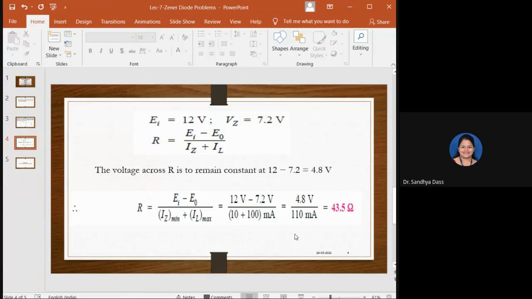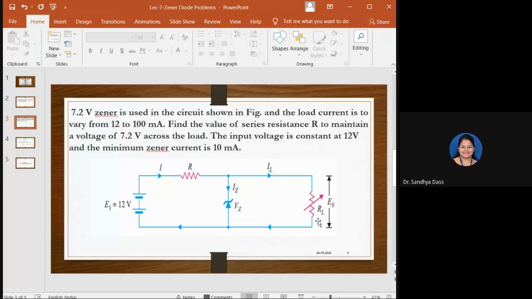Are you able to follow that? For that, this theoretical part is important. You have to understand this theory, and you have to know the conditions of the Zener diode, where we discussed all the characteristics, if you can recall. In order to maintain the Zener diode in the breakdown region, the minimum Zener current and maximum Zener current should be within the range. The minimum Zener current should be such that it keeps the Zener diode in the breakdown region, and the maximum value should not exceed so that it does not damage the diode.